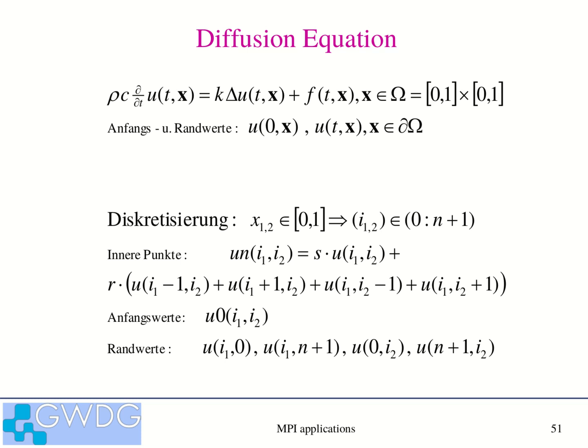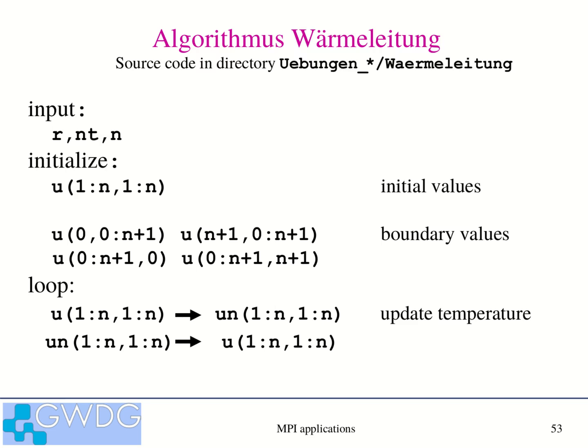So I have to prescribe some value of R, indicating the properties of the material I want to describe. And then I have to say how many time steps I want to calculate and the size of the grid, the resolution of the grid, which is the number n of points in every dimension. Then I have to fix the initialization of the whole matrix in the inner points, and I have to fix the boundary points by prescribing the value at the boundary,